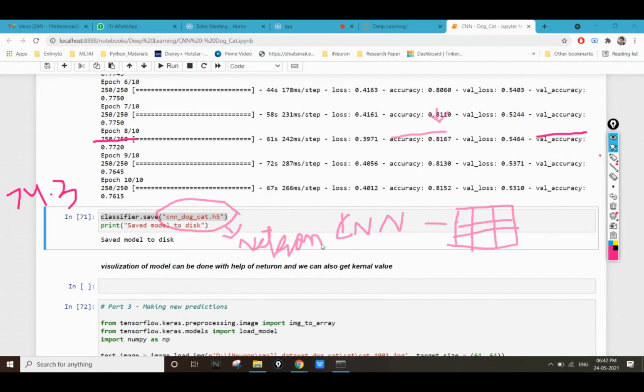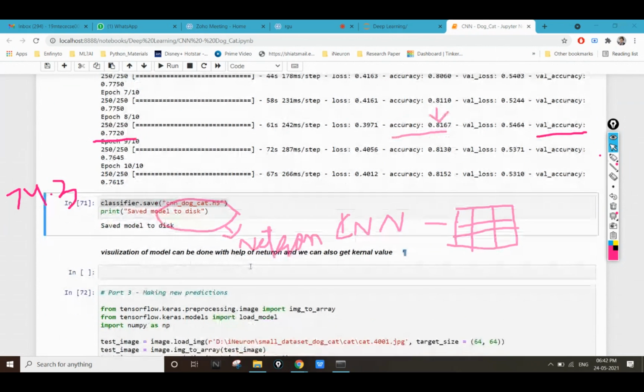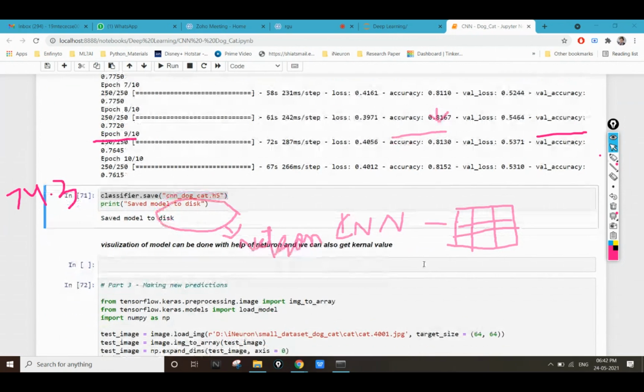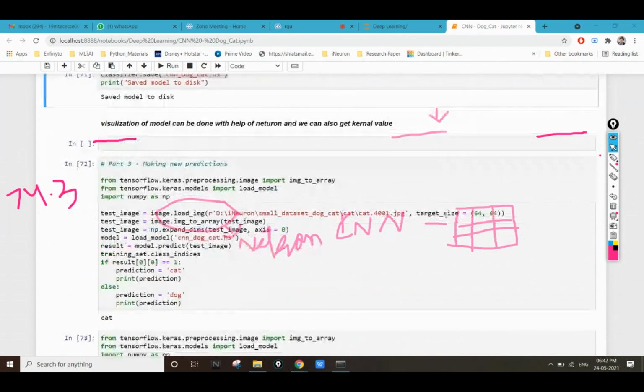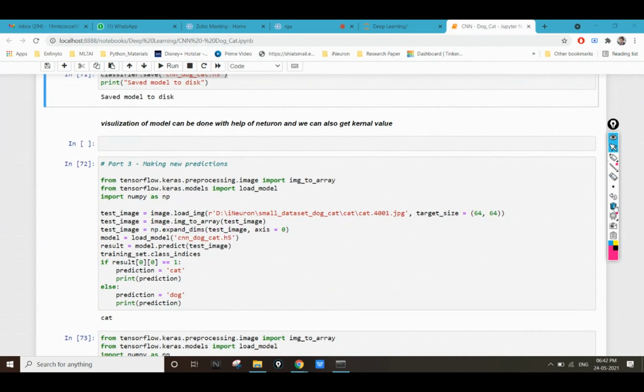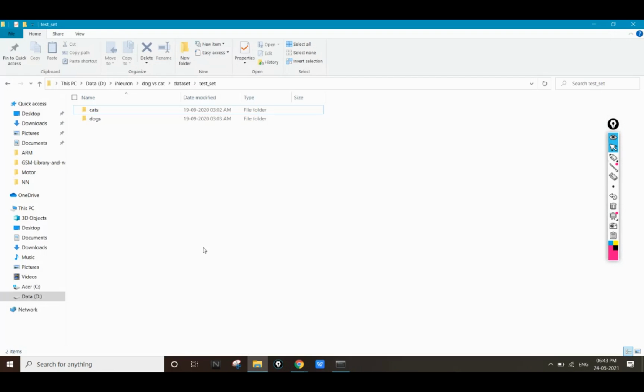Now suppose I don't want to visualize. I have made my model, so now I have to do the predictions. To do the predictions, I have not passed that same data set. I am passing values from a different data set, or you can say from the future data set, the future values which I'm going to get. So I have saved some more values of dog and cat.